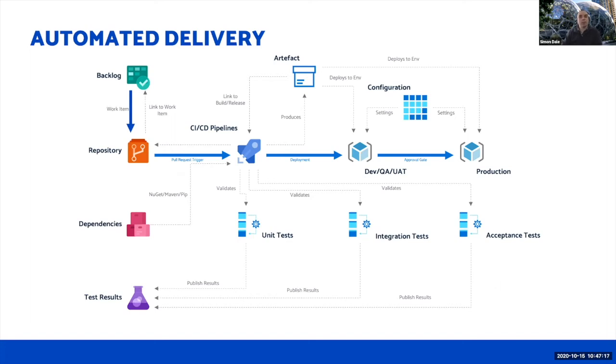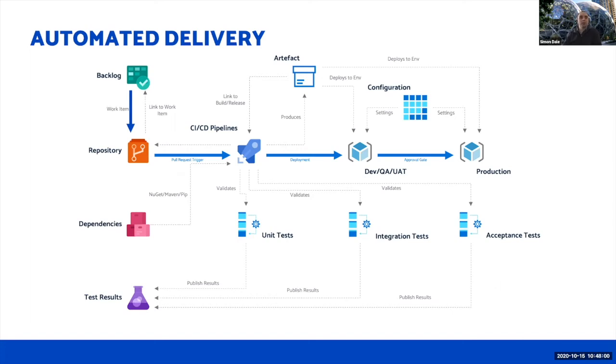The pull request is brilliant because it allows the team to really collaborate and to scrutinize each other's work. So you're getting quality built in by peer review at this stage. Once the pull request is accepted, a build is triggered. So when the build executes, it will then run things like static code analysis, linting, unit tests, to make sure that everything is correct and working as it should be. And the output from the build phase is an artifact. It's a compiled artifact which can then be deployed into the various different release environments.